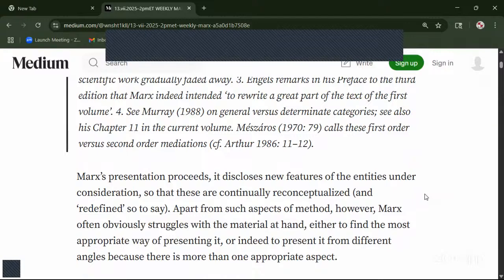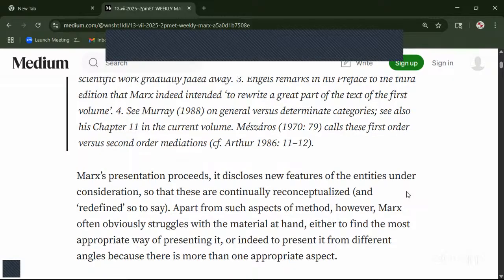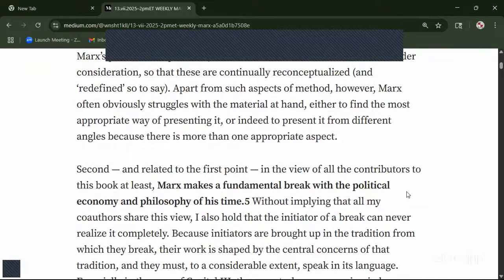Apart from such aspects of method, however, Marx often obviously struggles with the materials at hand, either to find the most appropriate way of presenting it, or indeed to present it from different angles, because there is more than one appropriate aspect. Second, and related to the first point, in the view of all the contributors to this book at least,